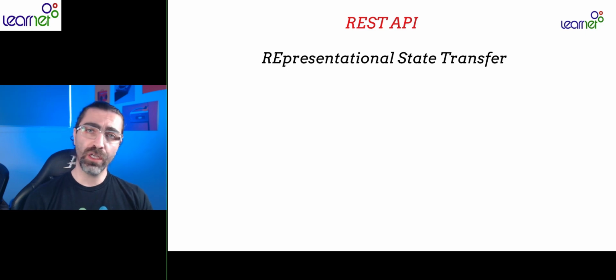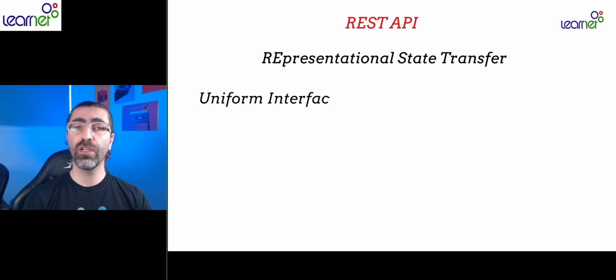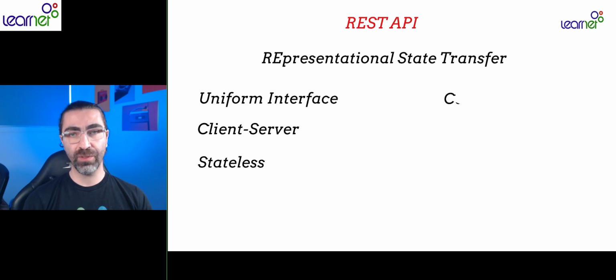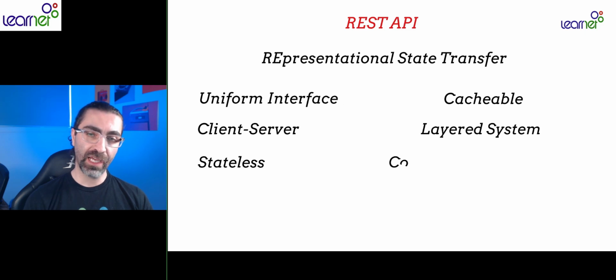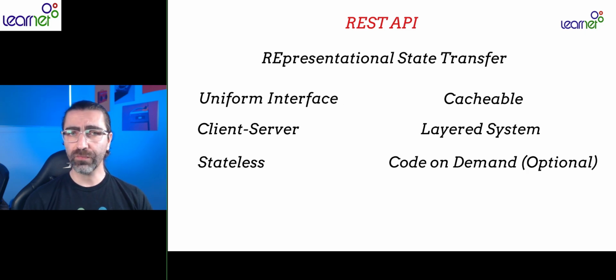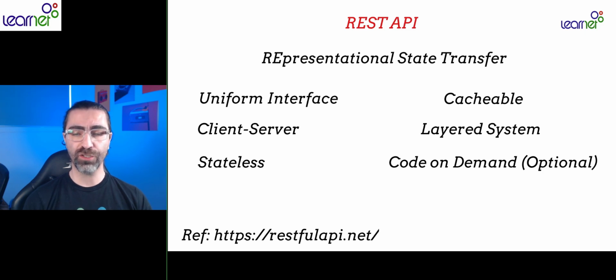An API that follows the REST principles is called RESTful or REST-based API. These principles are uniform interface, client server, stateless, cacheable, layered system, and code on demand. If you want to learn more about these 6 principles, you can refer to the URL you can see